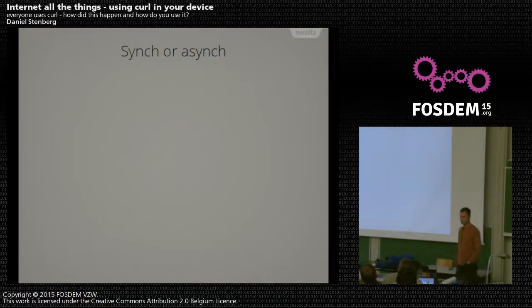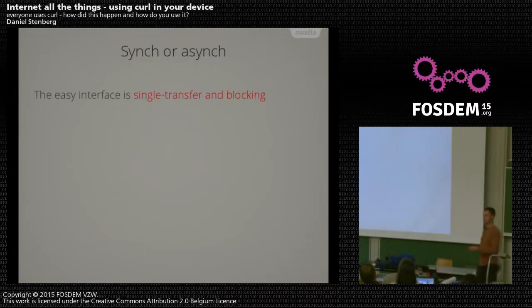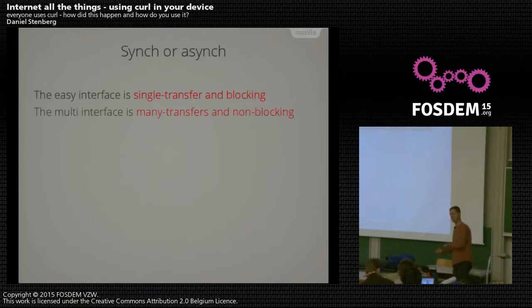So for example, you select in the libcurl API: do you want to do it blocking or non-blocking? Asynchronous or synchronous? We have two different interfaces really. You make your choice. If you want to use a lot of threads, you might use the blocking one. If you want to do it in a single thread, you might use the non-blocking one. If you want to scale up to 100,000 simultaneous transfers, you want the non-blocking one.